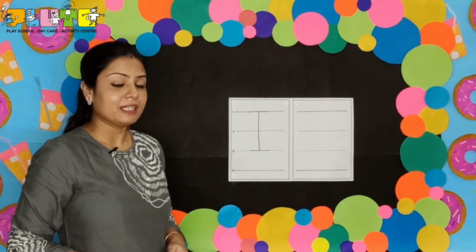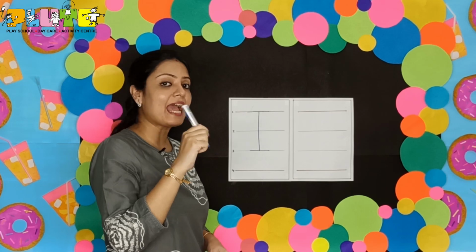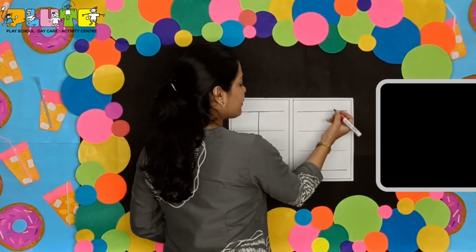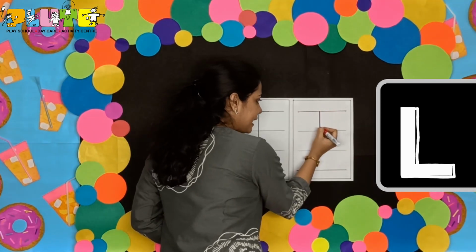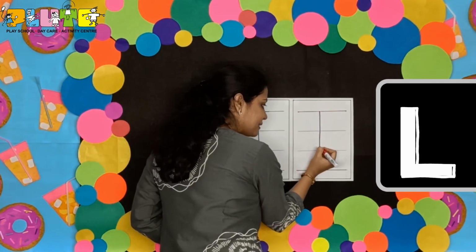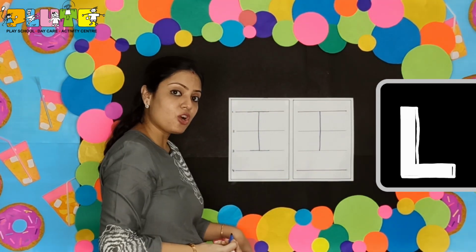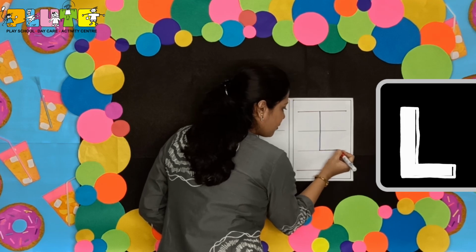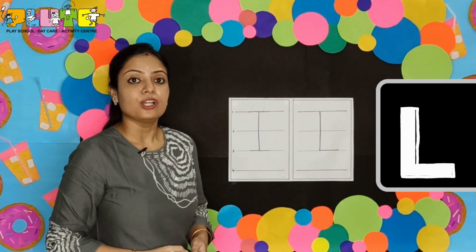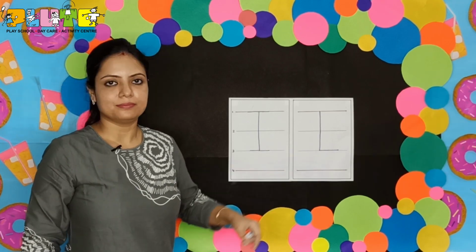The next alphabet that I'll write is L. And how will we write L? We will write using 1 standing line and 1 sleeping line. So all of you look here. We will start from the first line. We will draw a standing line crossing the 2nd line till the 3rd line. And then we will draw a sleeping line on the 3rd line. See, I have drawn the sleeping line on the 3rd line. So this is L.